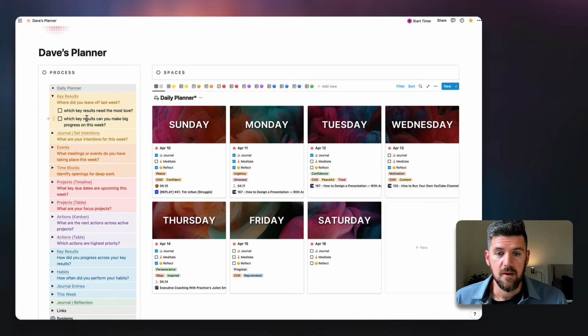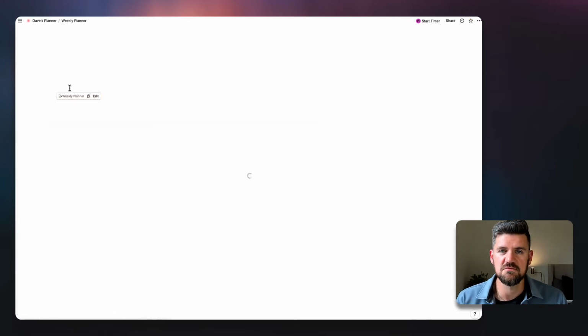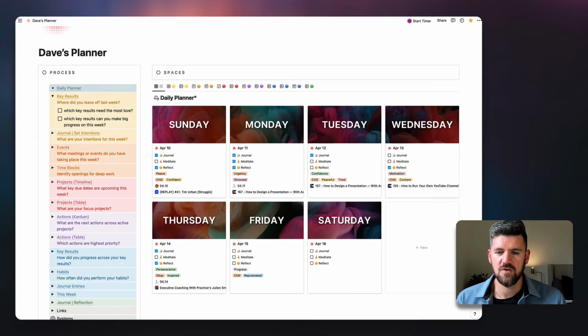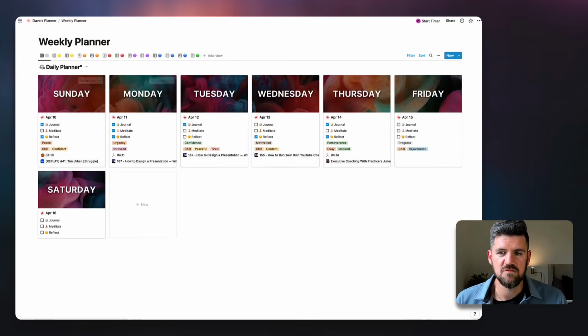The other part is something that, for example, if you're using a phone or a tablet, linking to the database itself within the toggle gives you the option to open a focused view into that database. So if you're overwhelmed and you really just want to focus in on your daily planner, each of these areas you can move into, and then you've got a focused view of the week.